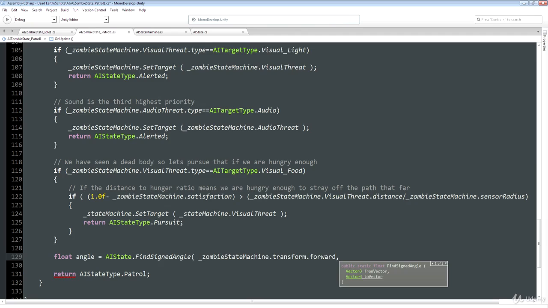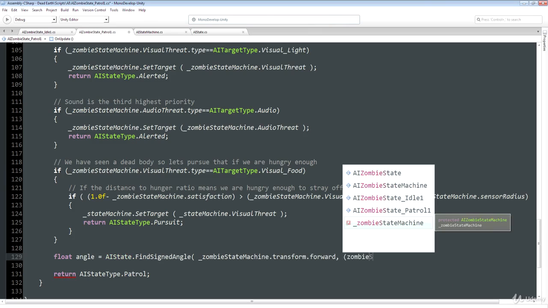So for that, I think we can use the Zombie State Machine's nav agent and use its steer target. The steer target is the position that the zombie is currently heading towards along its path. Now remember, the steer target is not necessarily the waypoint, because if we plot a point to a waypoint, that waypoint may be down a path that the zombie has to do 3 or 4 left or right turns to get to that waypoint. So the targets are the individual waypoints that the pathfinding system plots along that path to